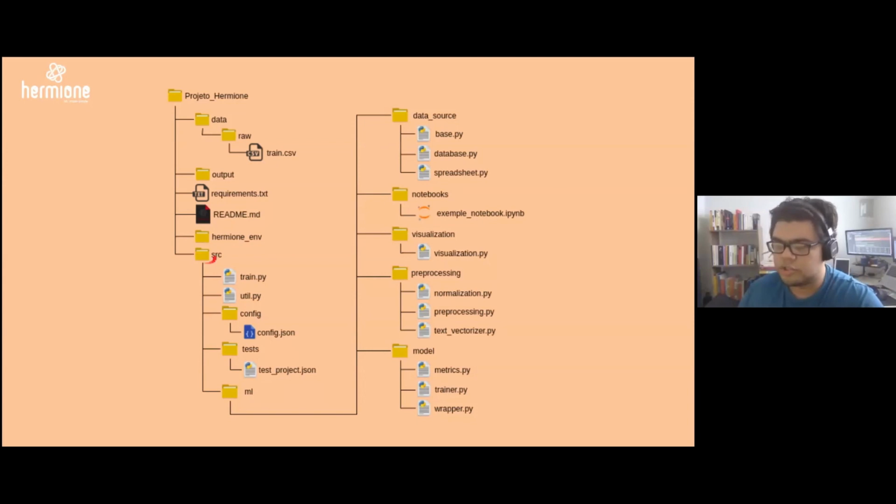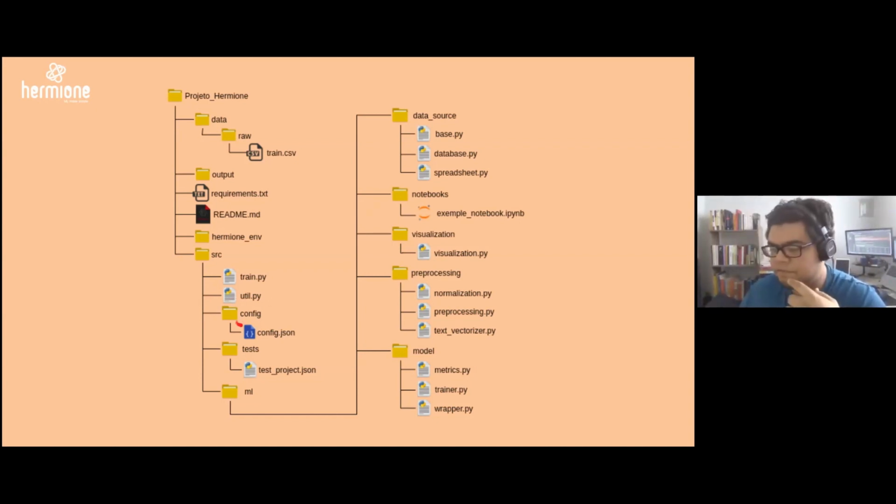You have the source folder. This is the code itself. Inside the source folder, you have the train script that is your main function, the thing that's going to build everything, to put everything together. You have a util.py script with some helper functions that you want to code. They can go here.